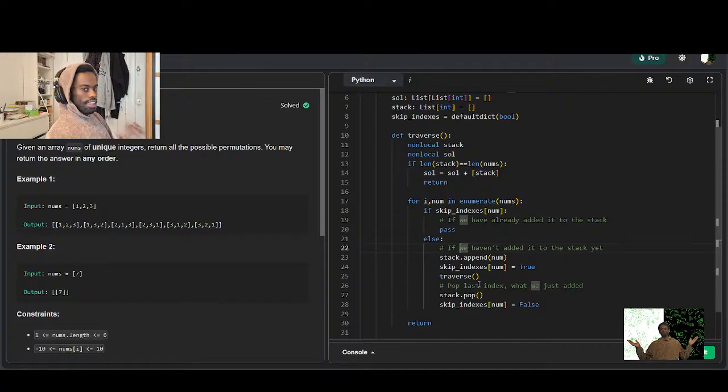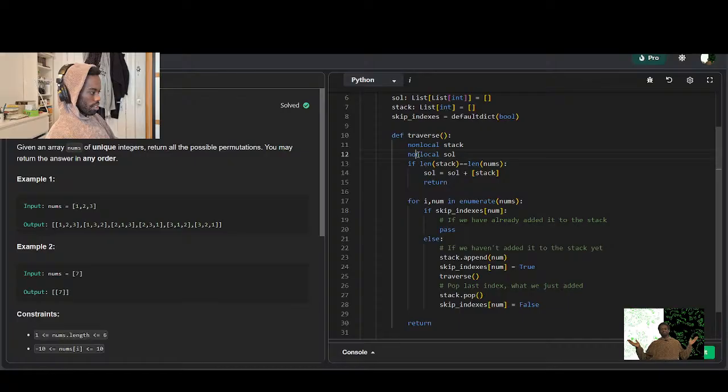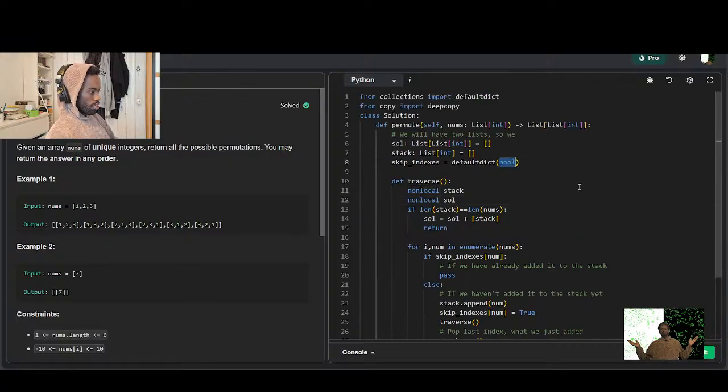So let's take a look at this. How does this look? The best way to look at this is through a tree. And let this list that we have over here be our stack. So initially we add 1 to the stack, because skip indexes is a default dict, which we initialize with the constructor bool. And basically, in Python, if we say